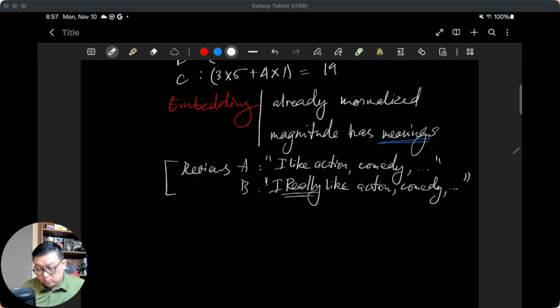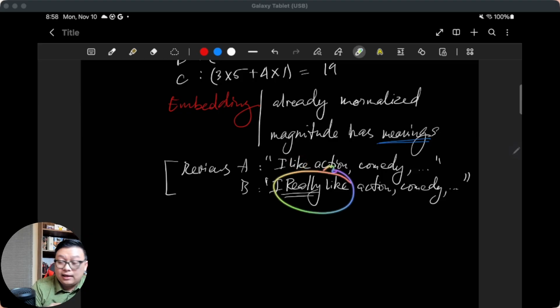This creates magnitude when you embed the data into the vector. So the top is a small like, and the bottom is a big like. So when you search text,